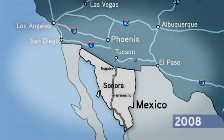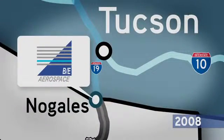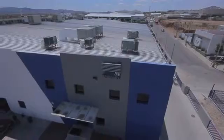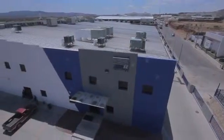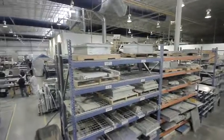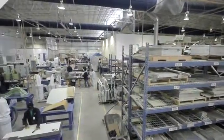In 2008, BE Aerospace Tucson opened its facility in Mexico. The company decided to establish in Nogales, Sonora, a manufacturing cluster in northern Mexico 60 miles from its existing site in Arizona. Primarily, the Nogales facility was conceived to produce parts requiring high labor content and low volumes. Over the past 5 years, the facility has successfully established several of these processes and gained competitive advantage in each